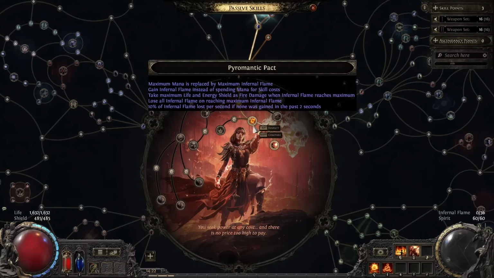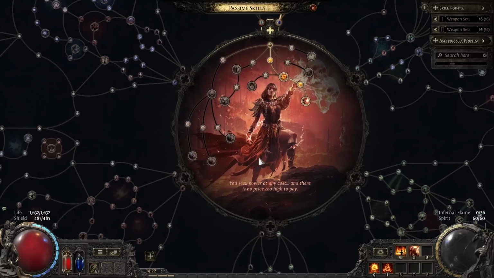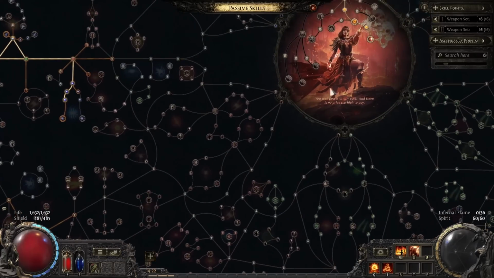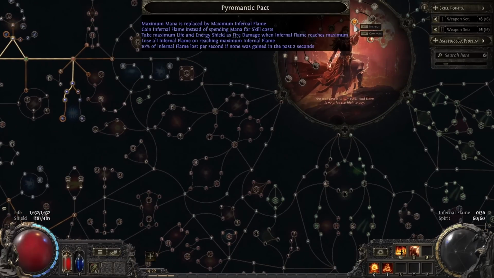fire damage hit. And that's important because that gives us a way to be able to test armor, since there's a node on the tree called Heatproofing, which applies 25% of armor to fire damage taken from hits. So the way this node works here is that the actual hit that comes in is a combined life and energy shield in total. So right now I have 1,632 life and 485 energy shield, which means I have a total of 2,117 life and energy shield combined, so that's going to be the size of the fire damage hit whenever I